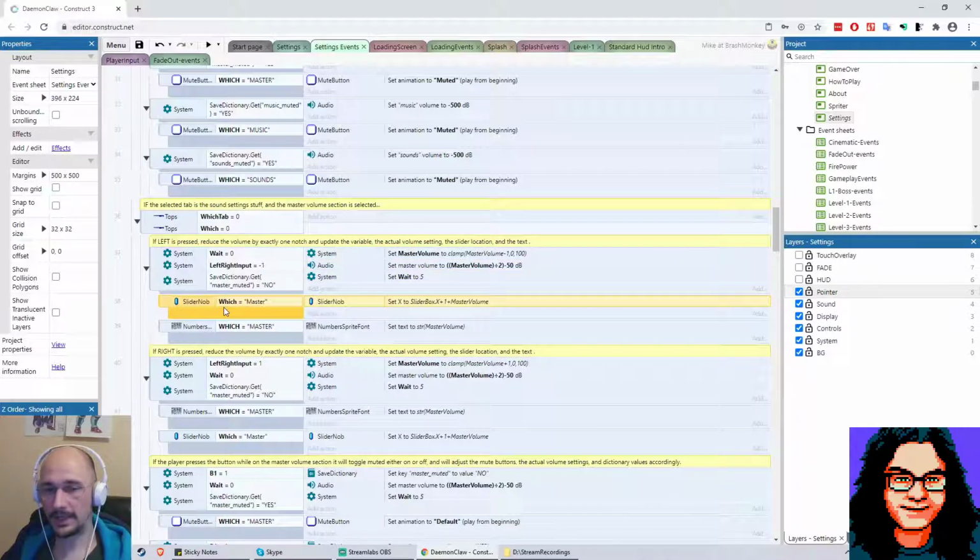And then we also have to find the slider knob that is the slider knob for master volume. And we do this little formula. We set its X position. Same exact formula I showed before. It's the X position of the slider box plus 1 plus the master volume value. So that will update the position of the slider to match what you just adjusted it to with the controller